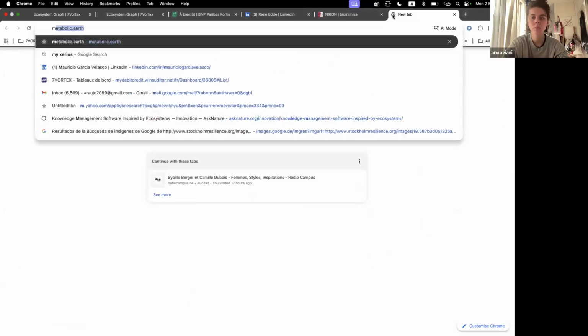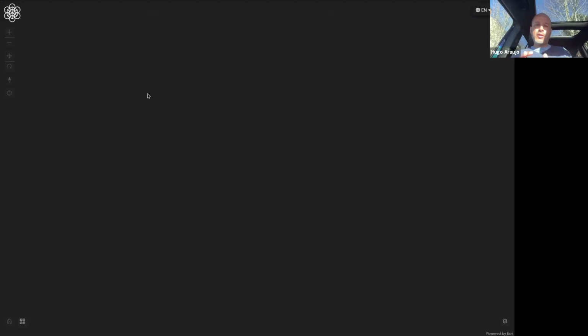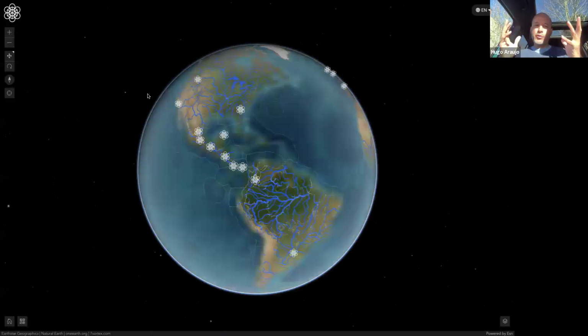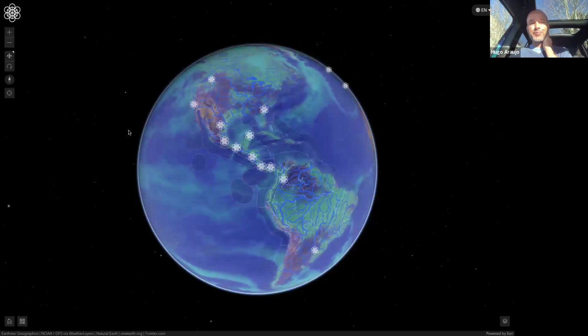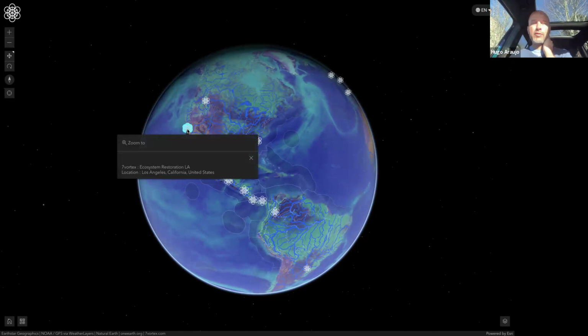I was connecting it also at some moment. This is my second piece. Seven Vortex is the first one, and this second piece is Metabolic Earth, Metabolic.earth. I think it's important to show you, just for you to know. I was linking the location that you saw in the card. It was an experiment at a very specific moment in time. Now it is not updating properly, but we ran the experiment to know that it could be connected.